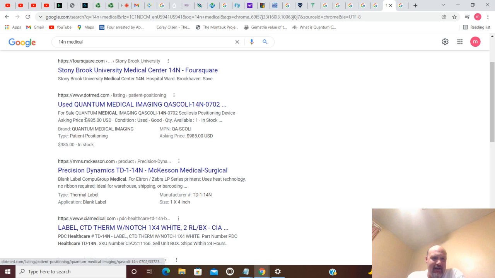And if we move on from that, you have 14N. And right here, you used quantum medical imaging. OASCOLI 14N. So you got quantum medical imaging. You also have Precision Dynamics TD-1-14N, McKesson Medical Surgical. We've had them before. You also have Stony Brook University Medical Center 14N. So you got a few things going on with 14N, and then we're going to move on to the final thing going forward,